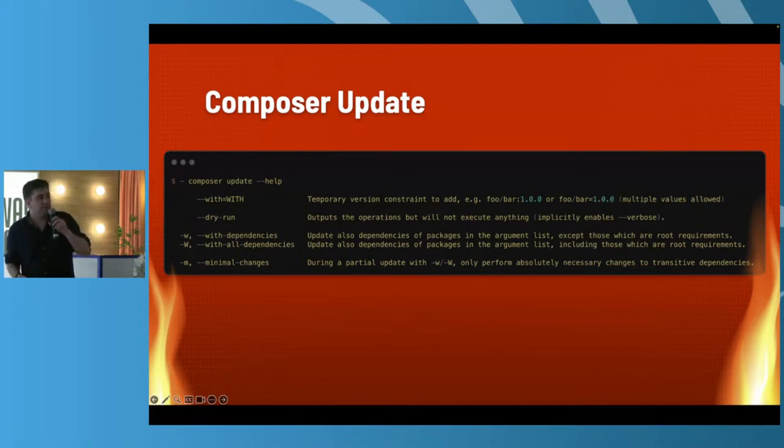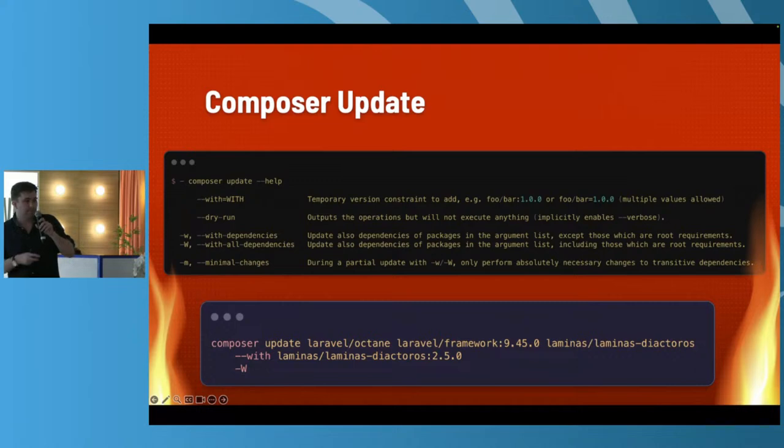There's also this quite useful minimal changes flag. So if you're using it with the with all dependencies, it's only going to bump them up as much as it needs. It won't inject like a really new version. This is an example of kind of what that would look like. There is a weird caveat: you can kind of see the with option being used. That package is actually a subdependency, and for some reason Composer doesn't allow you to specify a package version number with a subdependency unless you use with, or this is what I found anyway.